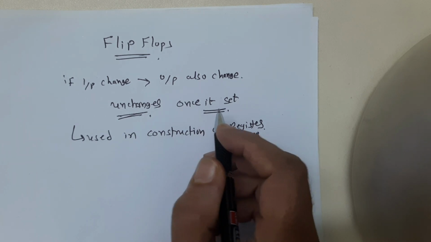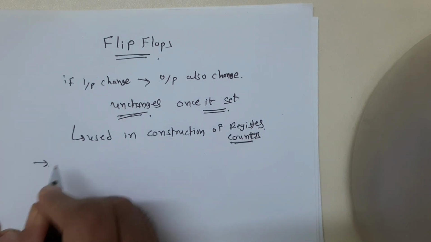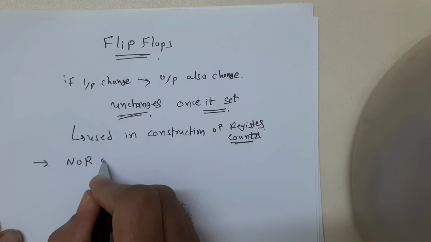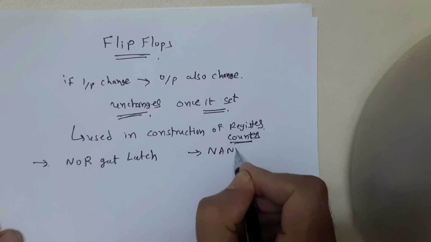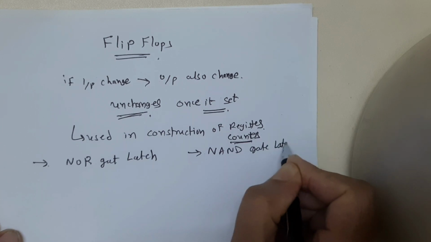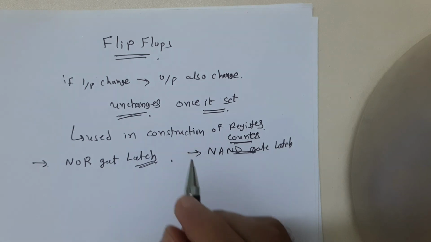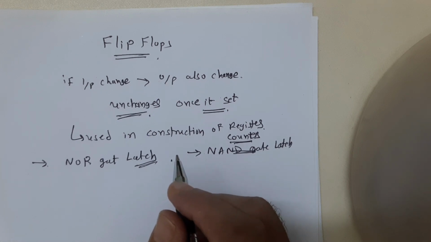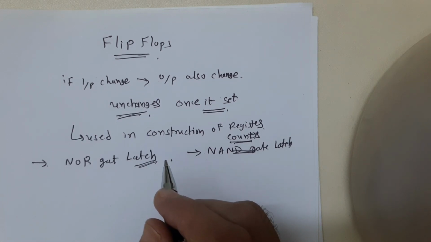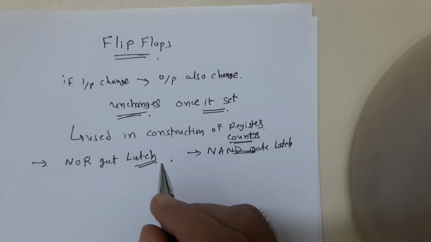very useful. First of all, there are two ways: with the help of a NOR gate and with the help of a NAND gate, we can build a flip-flop. The basic circuit of the flip-flop can be improved by replacing the inverters with either NAND gates or NOR gates. The additional inputs on these gates provide a convenient means for application of the input signal to switch the flip-flop from one stable state to another stable state.